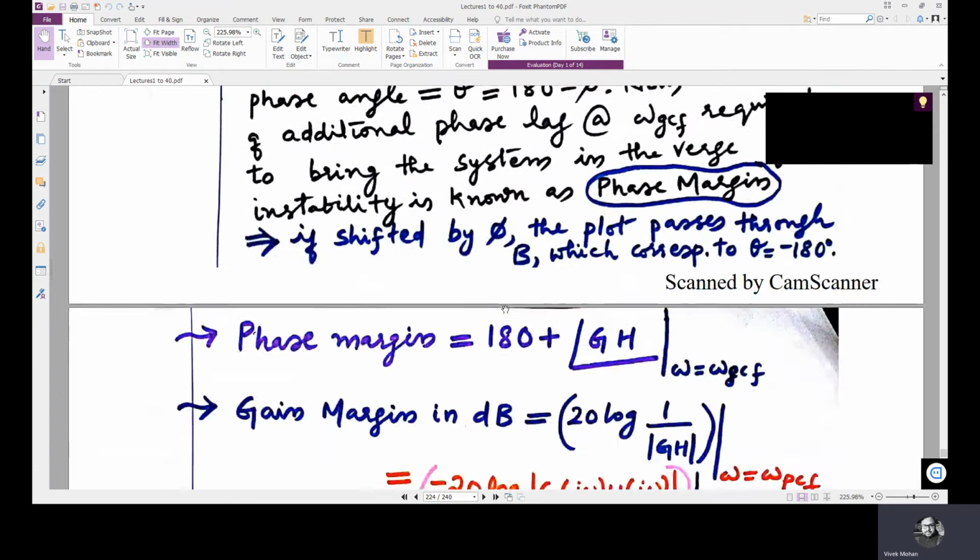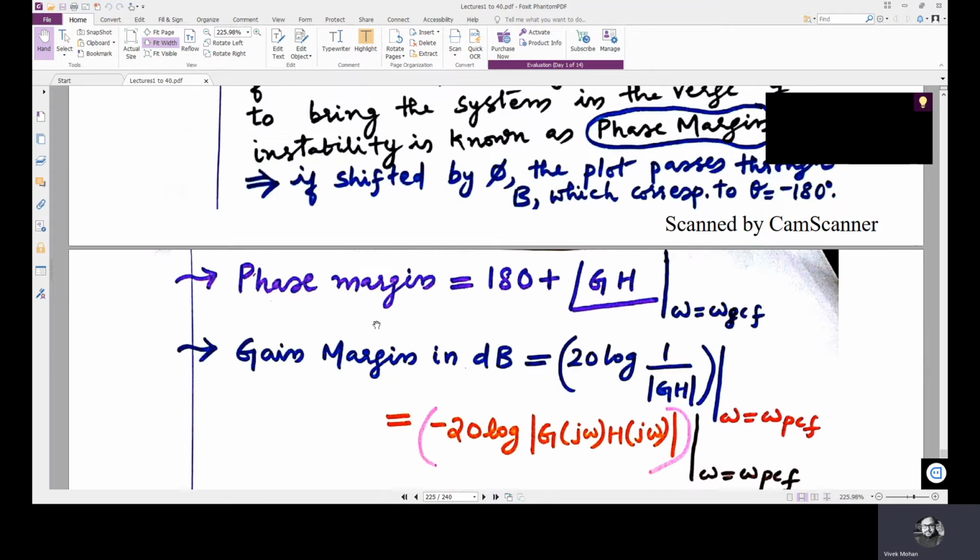This is the phase margin. If shifted by theta, the plot passes through B, which corresponds to theta equals minus 180 degree. So phase margin equals 180 degree plus angle of GH at omega equals omega gain crossover. So we need to first evaluate the angle at gain crossover frequency and add it to 180 degree to get